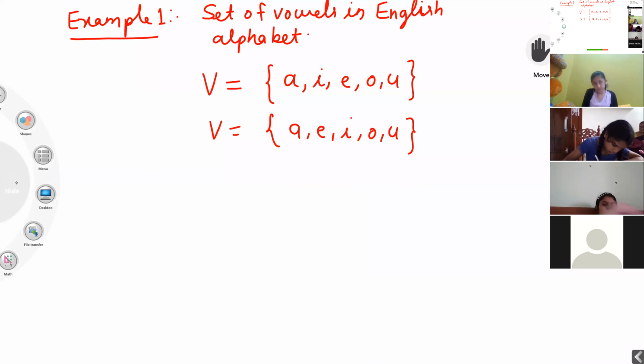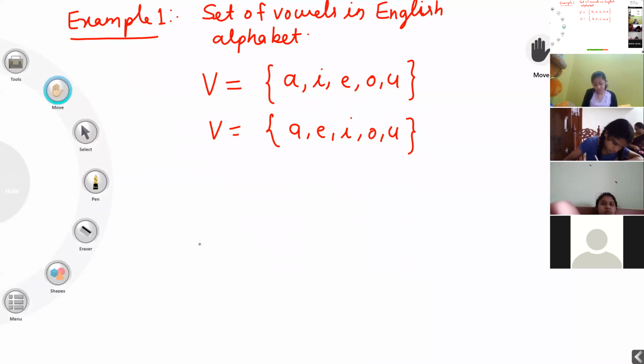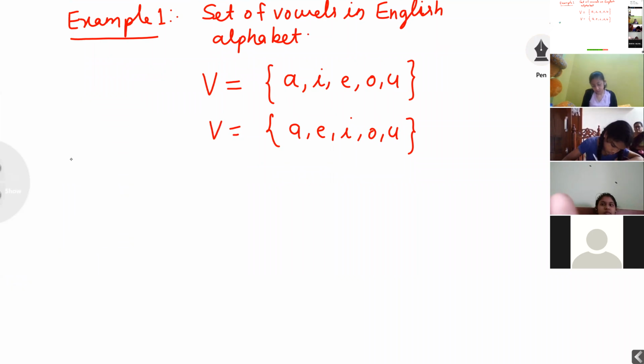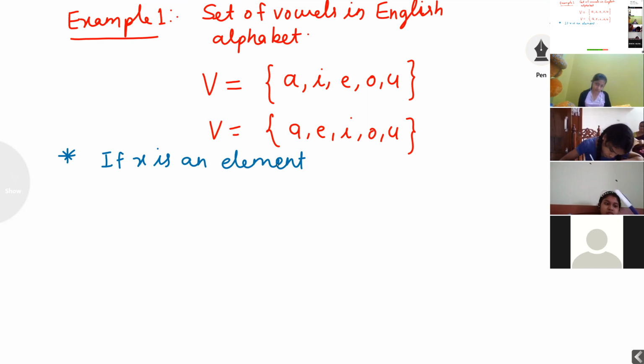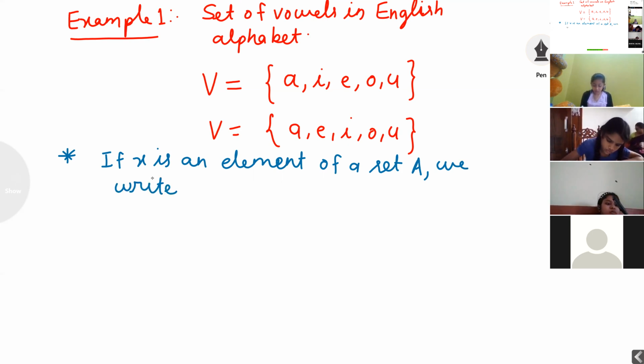Keep first star points. If x is an element of a set A, capital A, we write x, this symbol.